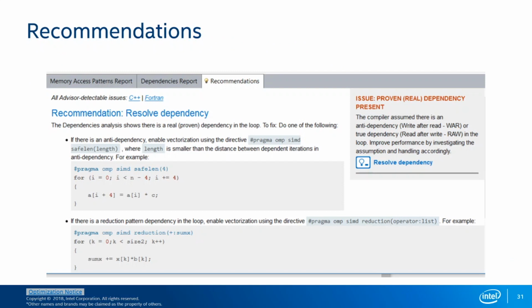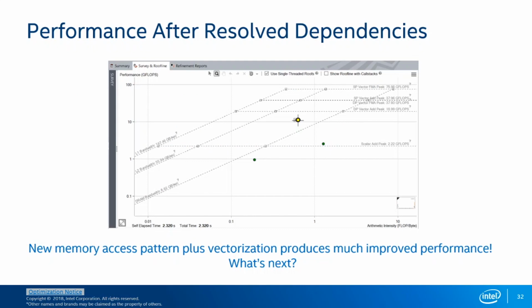One nice thing about Advisor is that it actually gives you some very actionable recommendations. If we go to the tab to the right where it says recommendations, it says resolve dependency, and it actually gives us a couple of ways that we can try doing that. We're going to use the second option shown, which is to use SIMD reductions. We go back into our code, we add pragma omp simd with the reduction on the variable that's needed, recompile